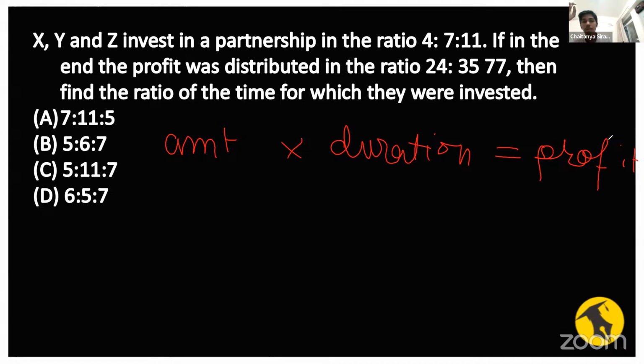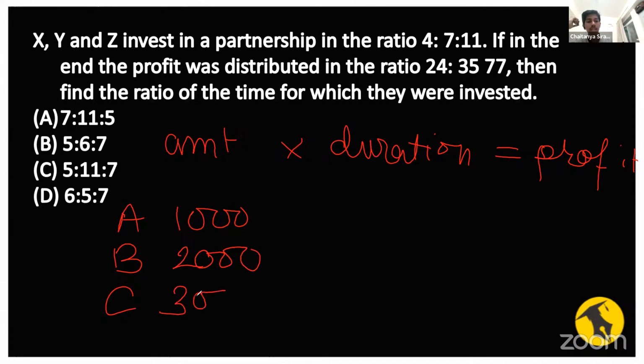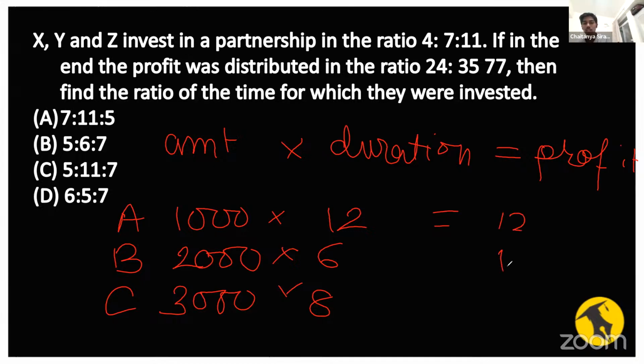I'll give a quick example before we solve this question. Let's say there are 3 persons, A, B, C. A invested 1,000 rupees, B invested 2,000 rupees, and C invested 3,000 rupees. A was there for all 12 months, B was there for 6 months, and C was there for 8 months. So what will be the proportion of ratios? You multiply these. This will be 12, this will be 12, and this will be 24. So the ratio will be